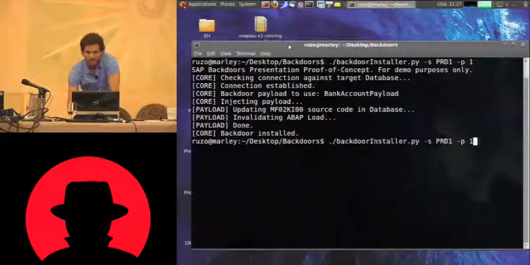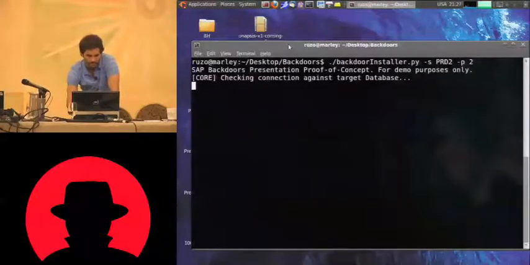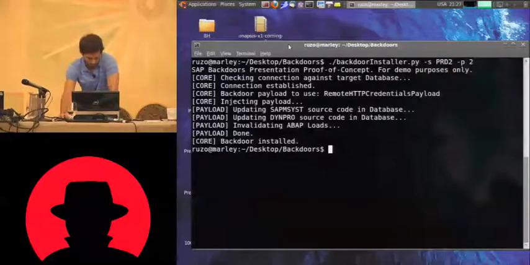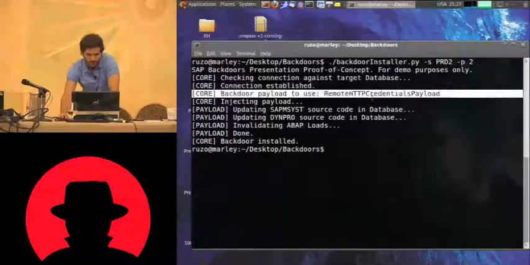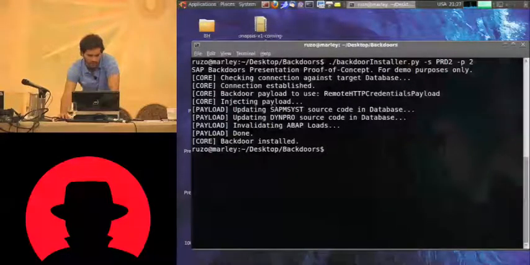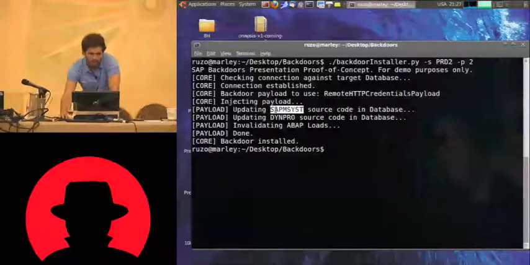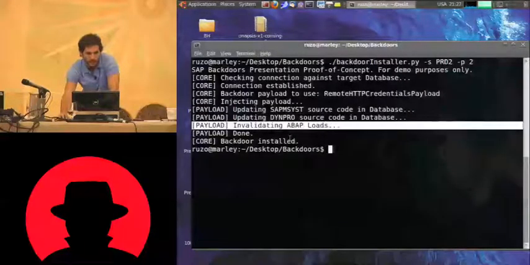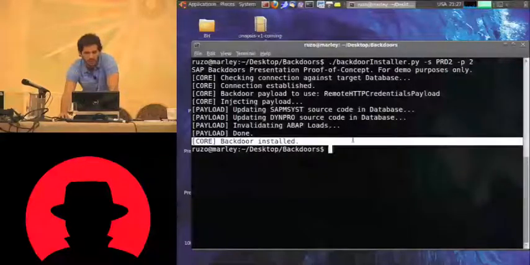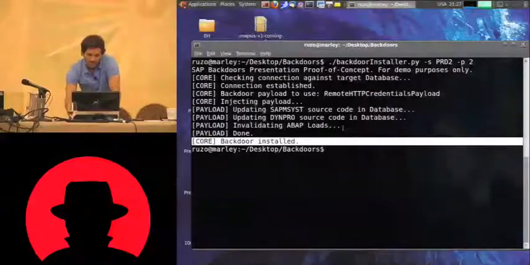I'm going to execute another payload of the backdoor installer, payload number 2. So it's connecting to the database. He's going to be using the remote HTTP credentials payload, injecting payload, modifying the SAP MSysT and other programs in the database, invalidating currently created ABAP loads, and the backdoor is supposed to be installed. So in this case, what the attacker still needs to do